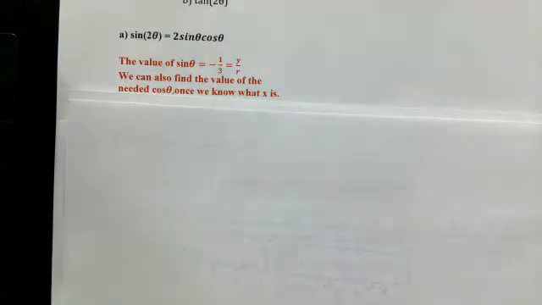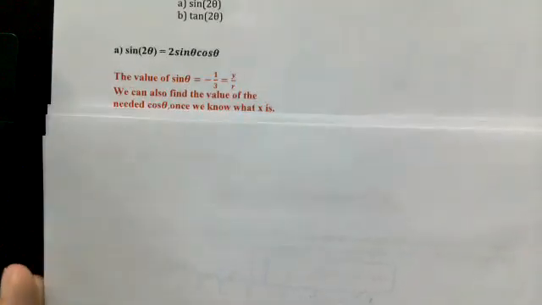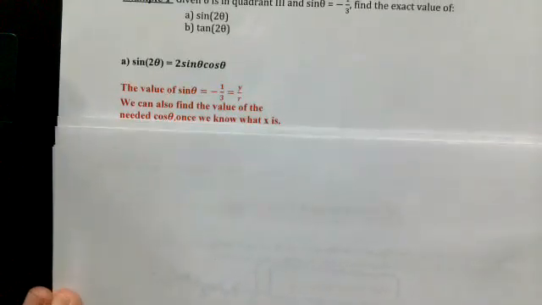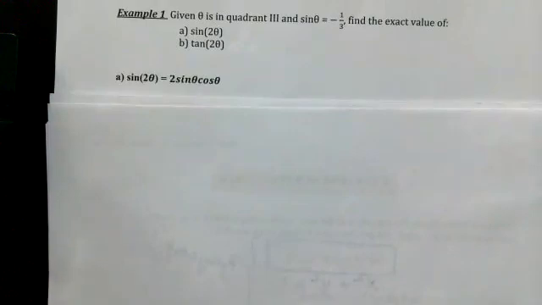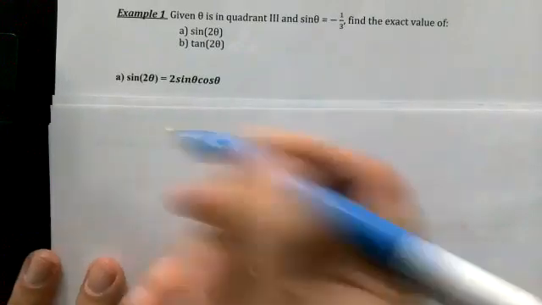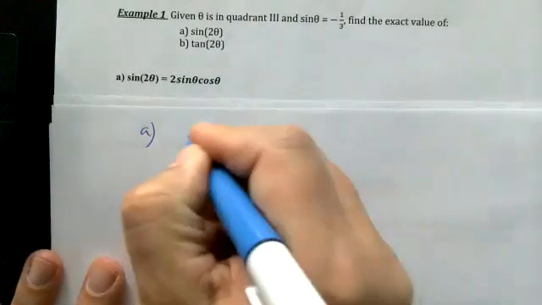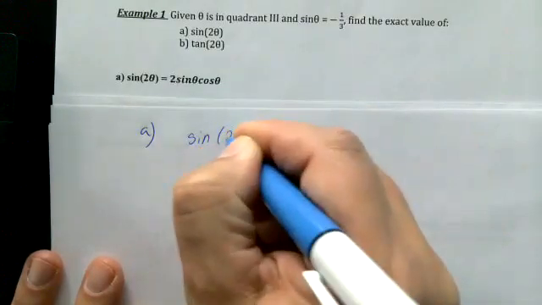So, given theta is in quadrant 3, and sine of theta is equal to -1/3. Find the exact value of sine of the double angle and tangent of the double angle. So the first one, if you're asked for sine of the double angle,